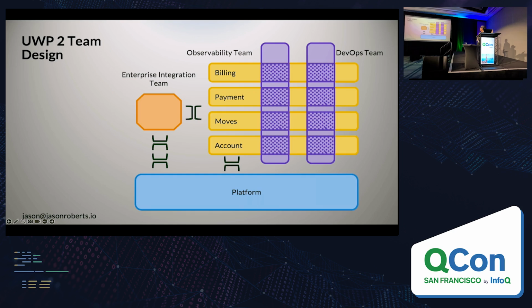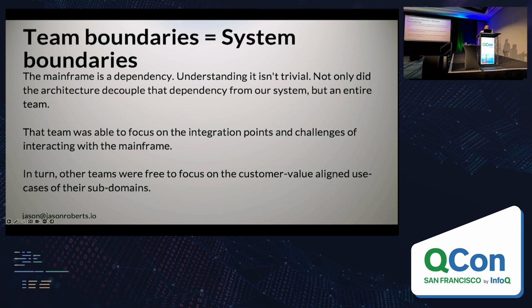These teams provide frameworks for your observability. They provide help with your CI/CD pipelines and you're keeping up with the infrastructure. They provide frameworks for the other teams, the stream-aligned teams or the complicated subsystem teams, to be able to take that up and implement it the appropriate way for their own teams. So here we establish the team boundaries are system boundaries.